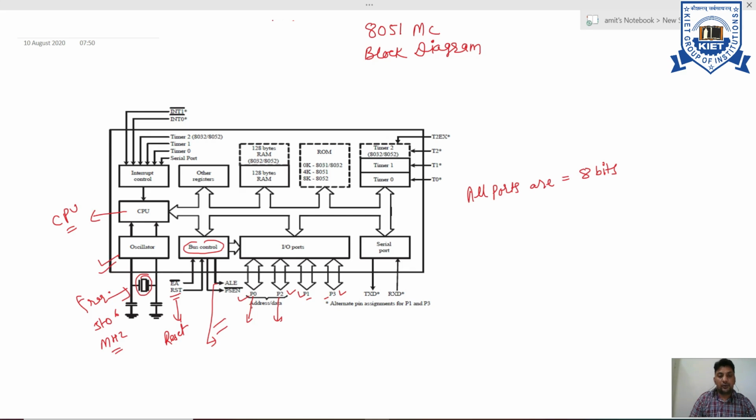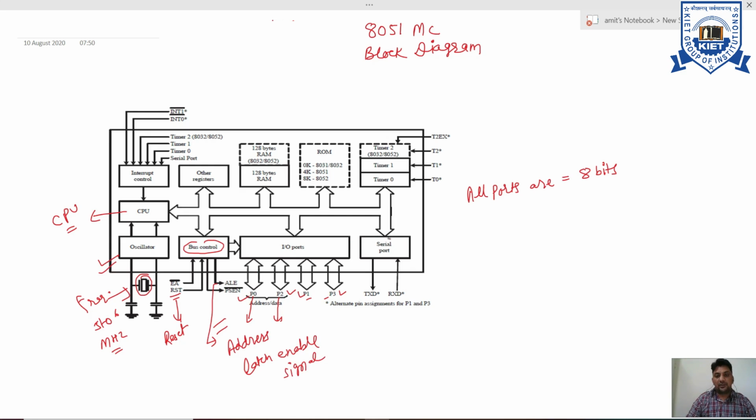So when we want to perform our task from the external memory, then this signal is useful. Otherwise this signal will not be used in our programs. So this is the address latch enable signal.